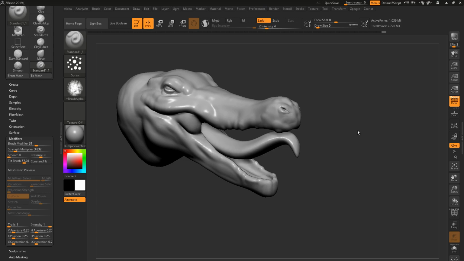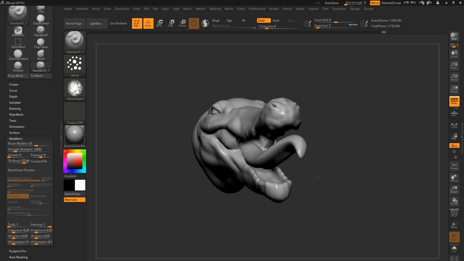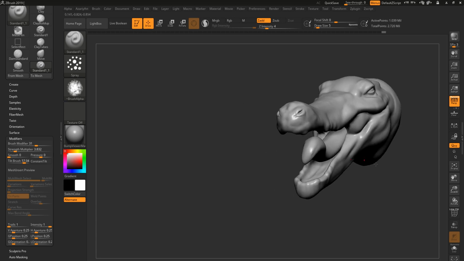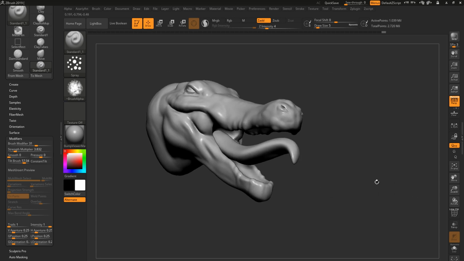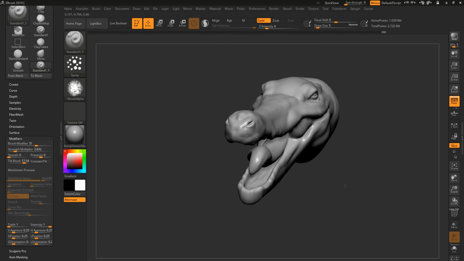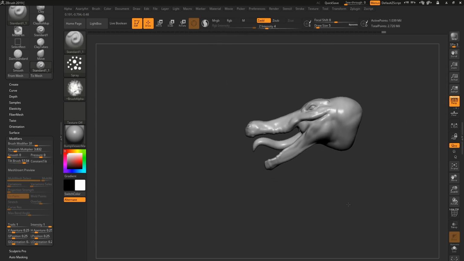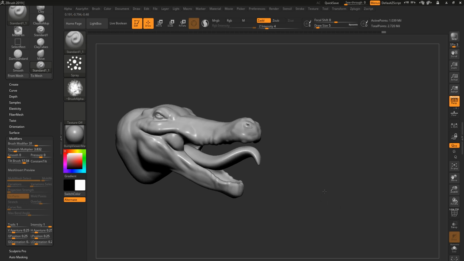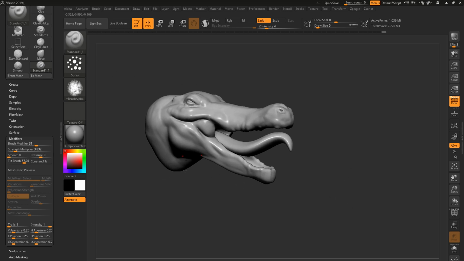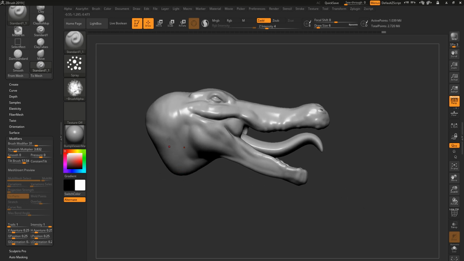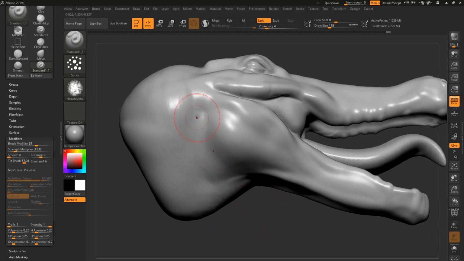It is Azaria again with another quick tutorial on how to create your own brushes. And the reason for that is maybe you are working on something, like this little test head that I've made, and all of a sudden you've worked and you've modified a brush. Like for example, I took the standard brush, and now when I paint on the surface, or when I sculpt on the surface, you sort of get these